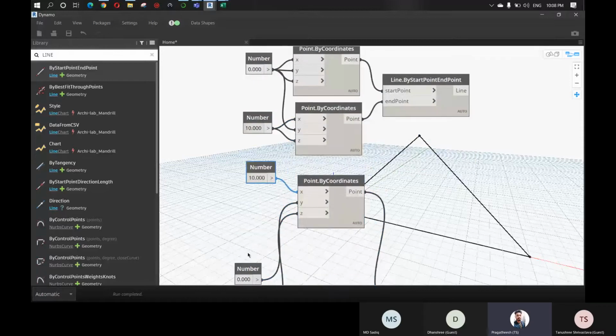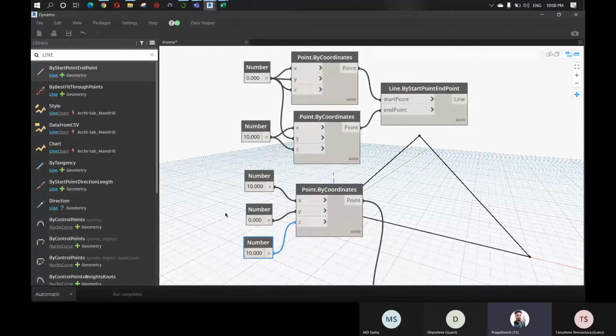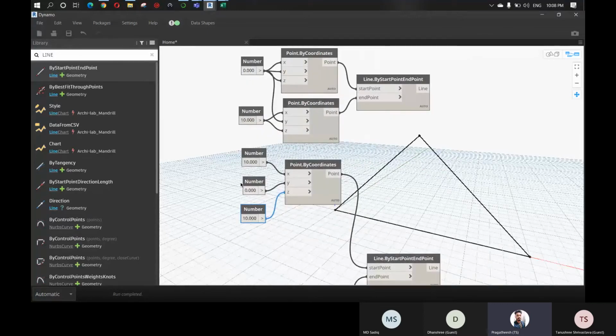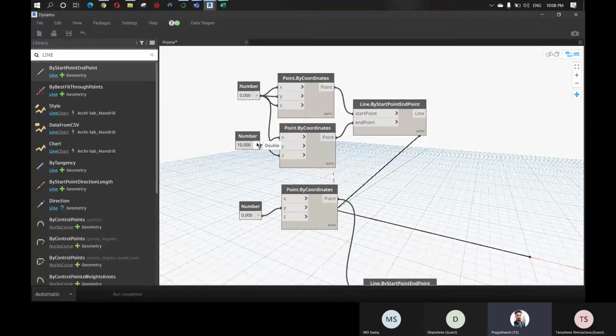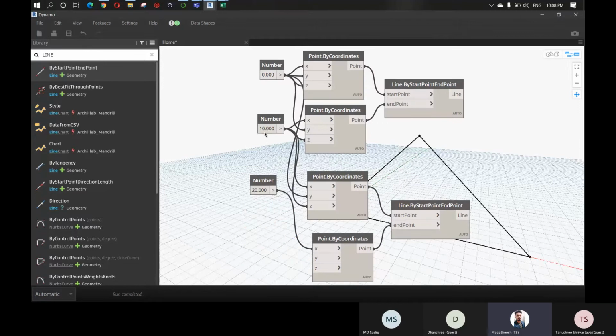Similarly, we have a 0 already, so we can delete these and connect this to this, and this to this. We have a 0 already, connect this here. 20 is a new number, so we can just keep it, and we have 2 zeros, so delete this.